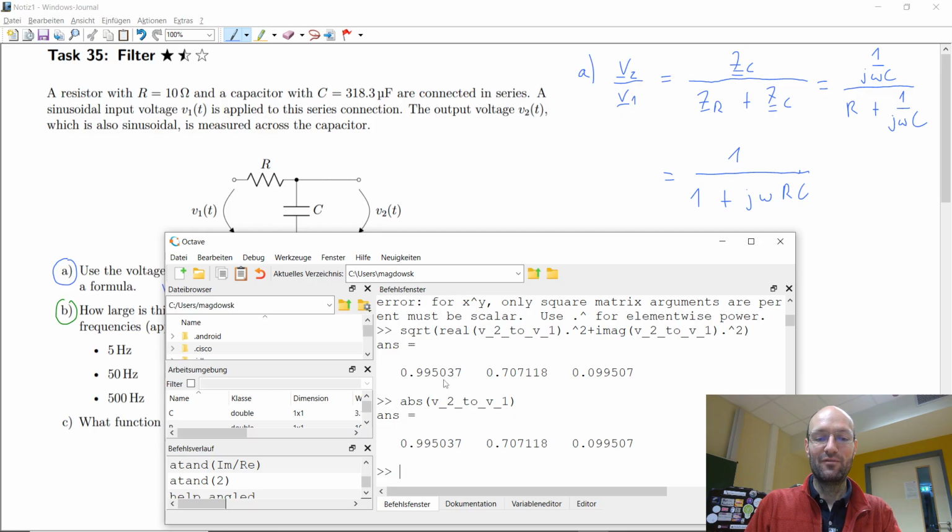Exactly. So if we once again take the imaginary part of this and then divide by the real part of this, and then take the inverse tangent or the arctangent of this,